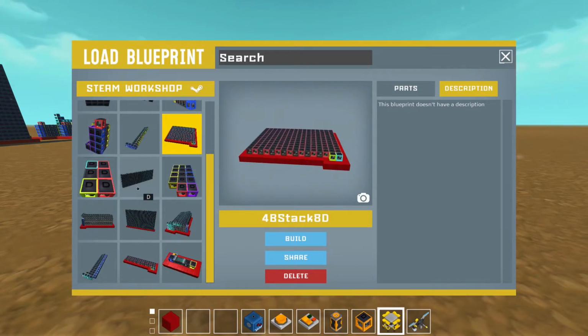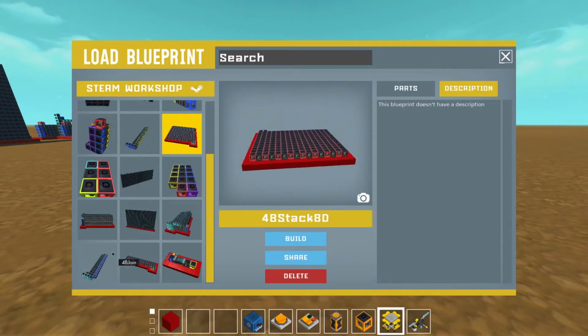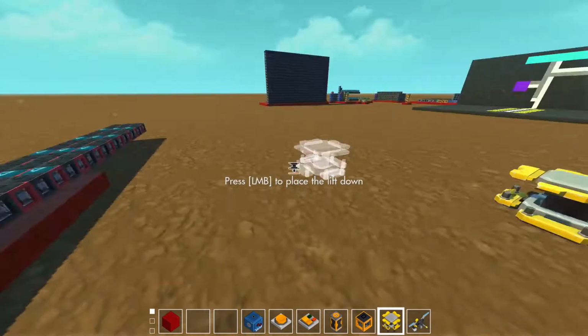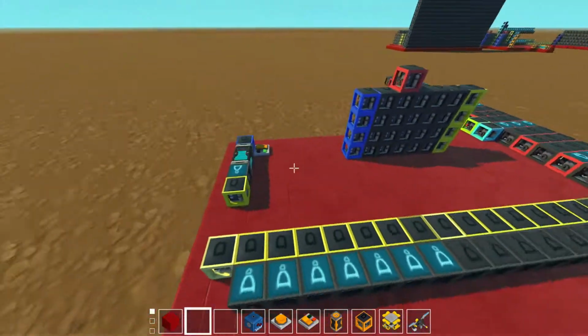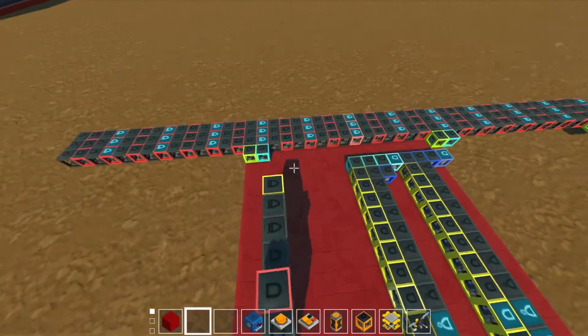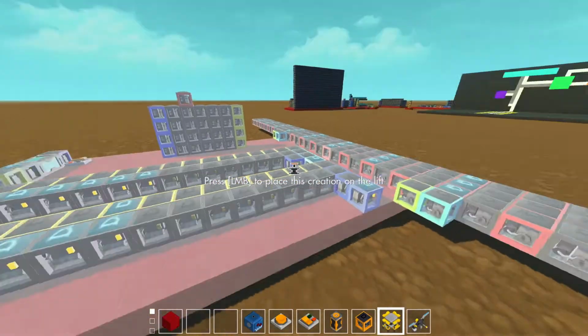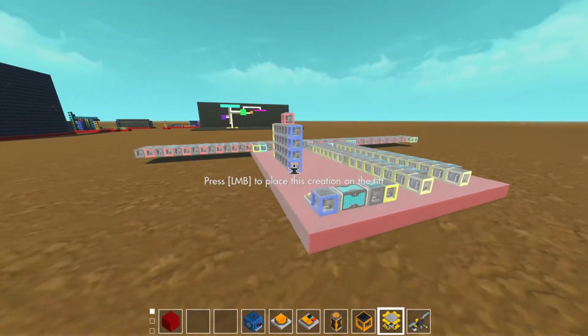Now, this is working very well so far. I just need to refine it somehow.